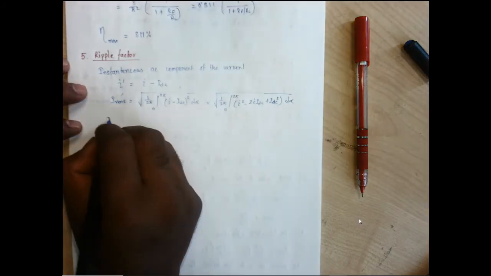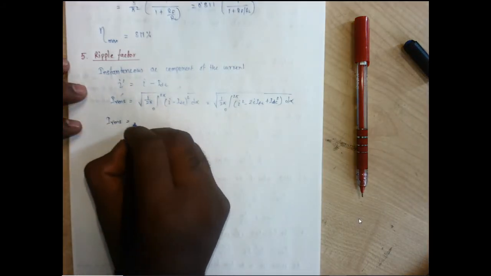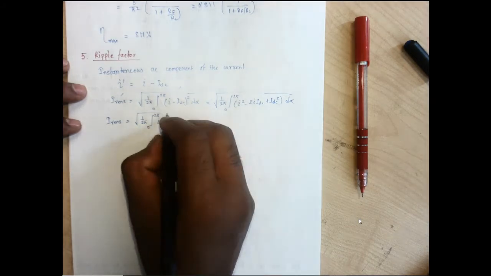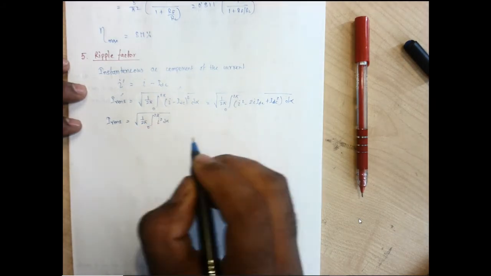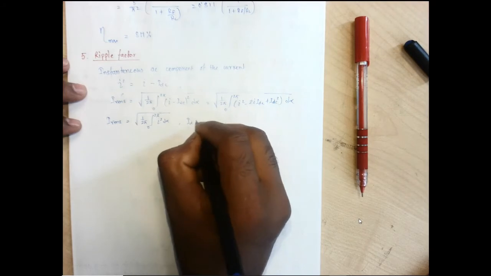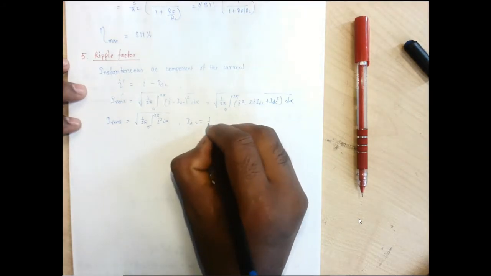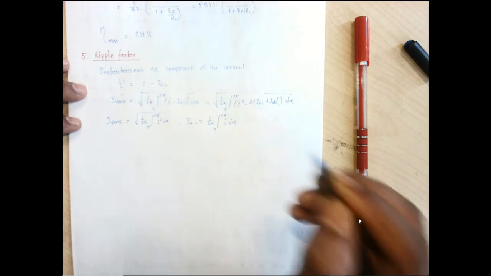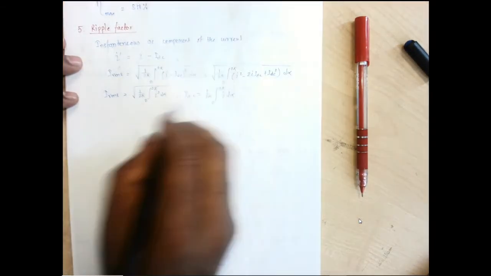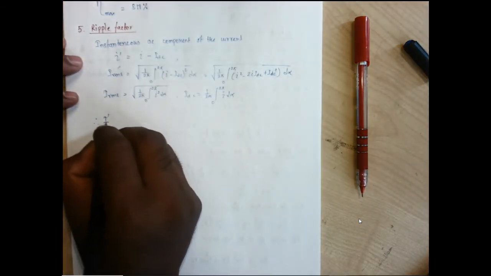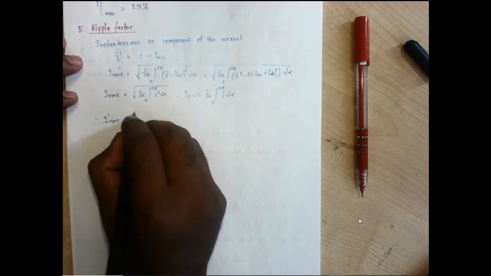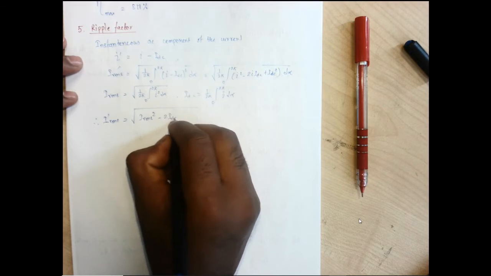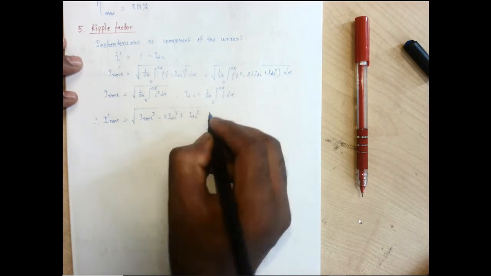Here, this I RMS we know is 1 by 2π integration 0 to 2π of I square d alpha, and IDC, which we have derived, is 1 by 2π integration 0 to 2π of I d alpha. So if we put this here, this I prime RMS will be I RMS square minus twice IDC square plus IDC square.